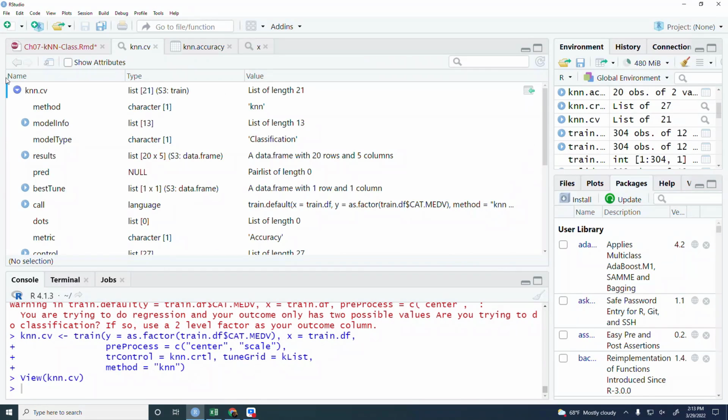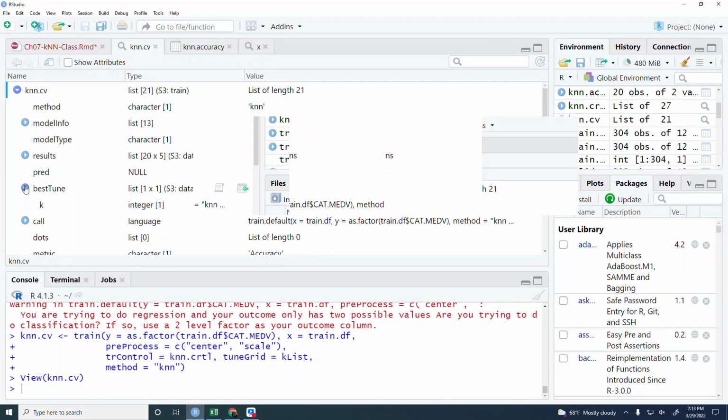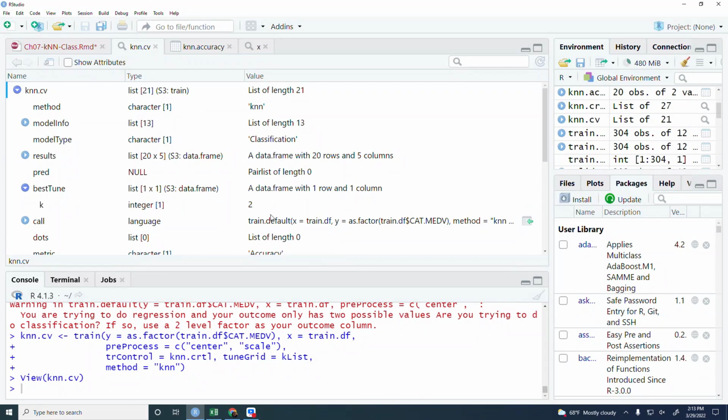So knn.cv. Let's look at the best tune. So here best tune gives you k equal to 2. So even for the same data, when you use a different model or a different method with cross validation, because it gives you different